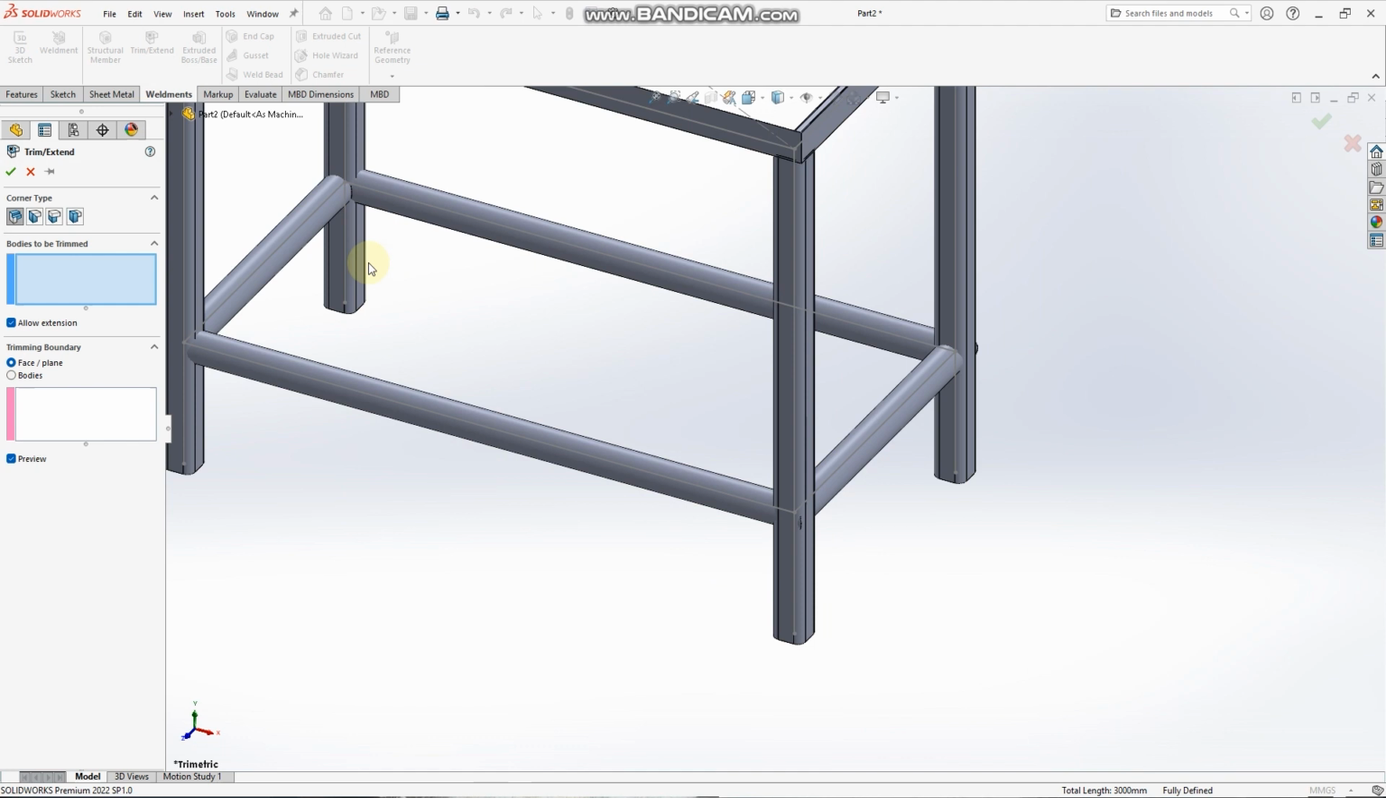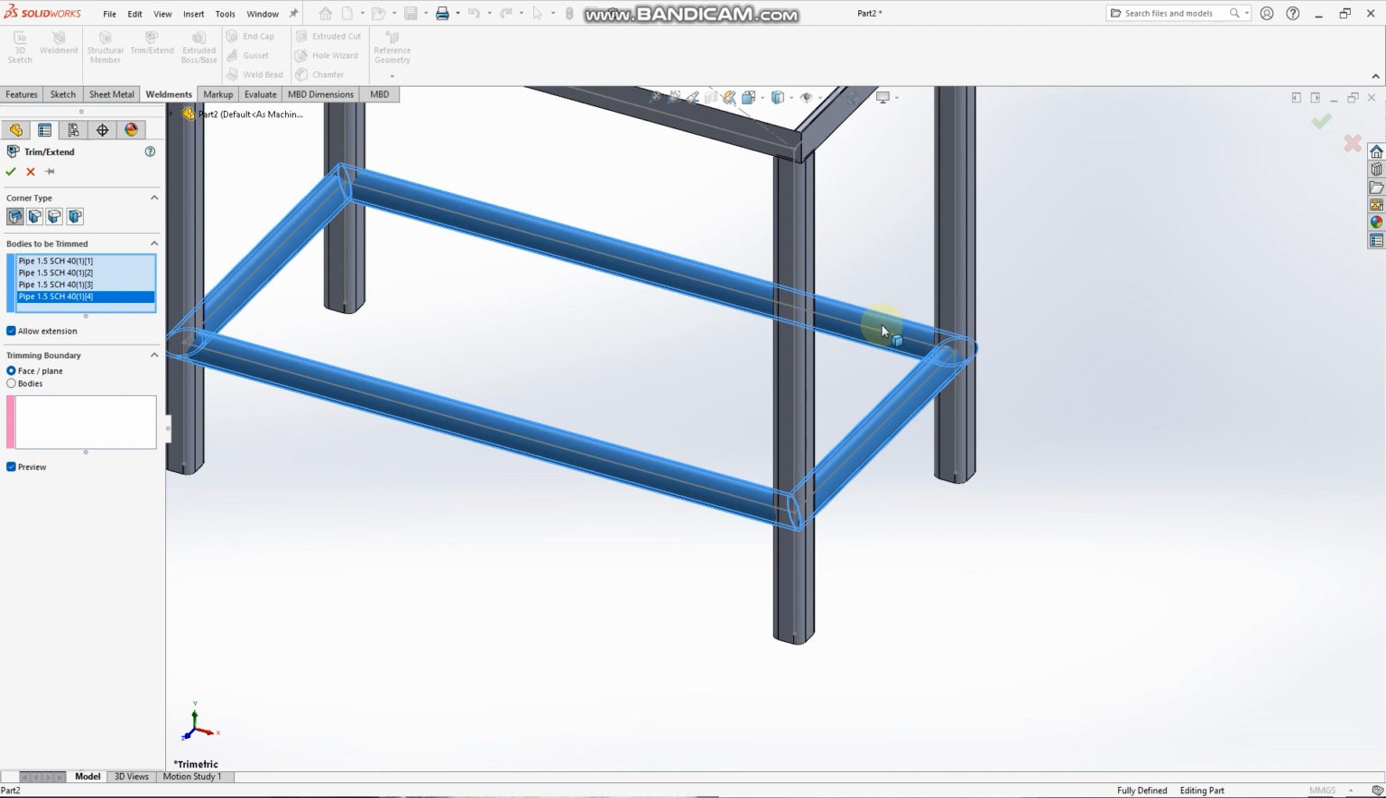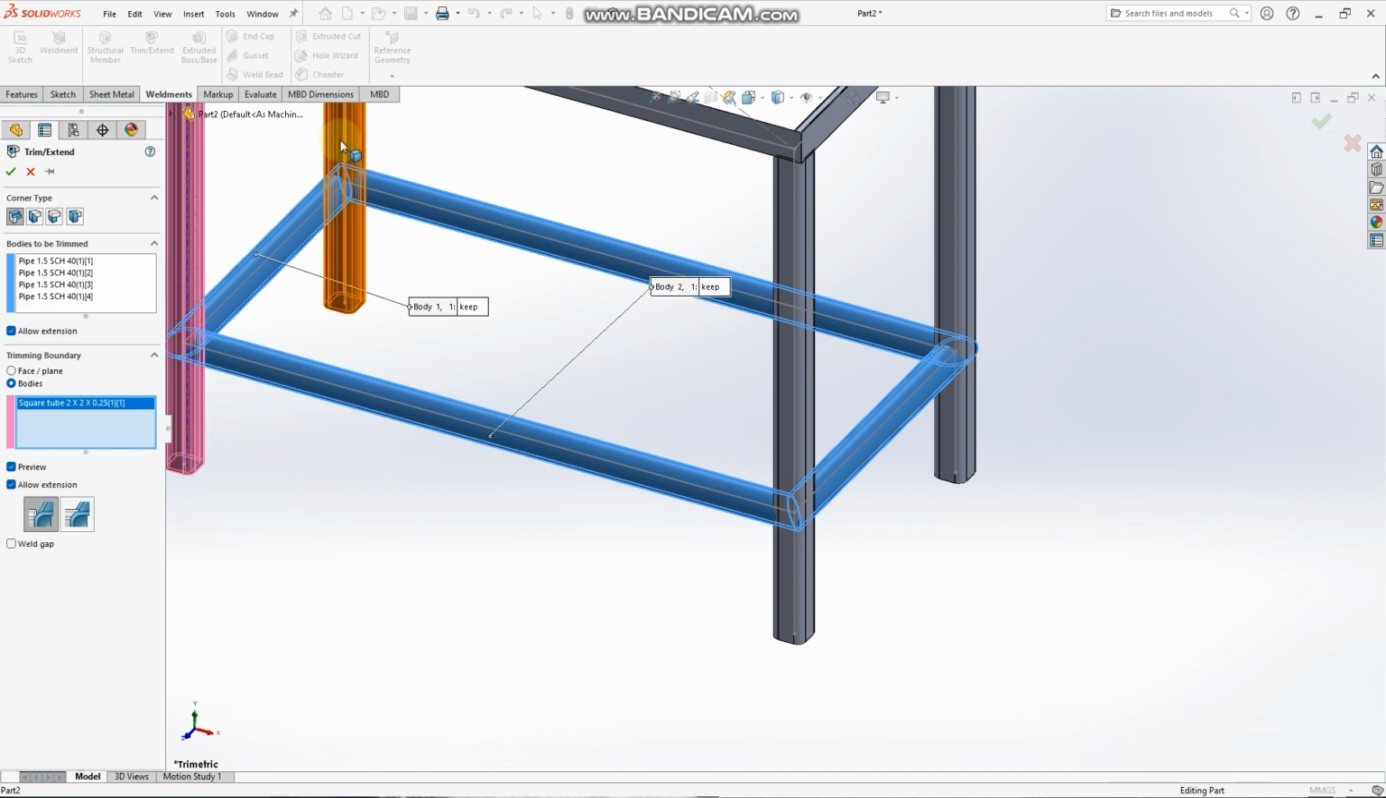Now for bodies to be trimmed, we select the 4 pipes, because this is what we are trimming. Then for trimming boundary, we make sure that we've selected bodies. You need to select bodies, otherwise it wouldn't work. Then we select our 4